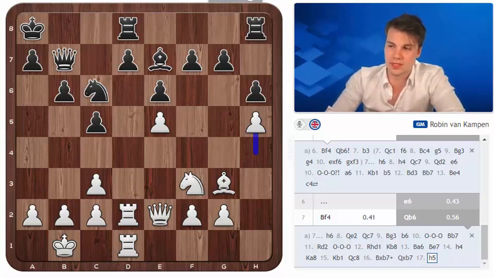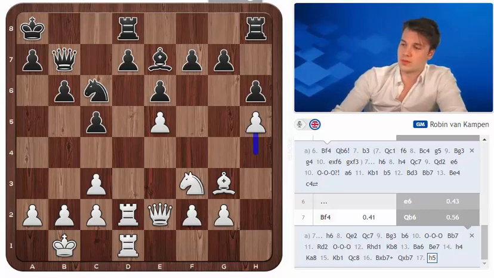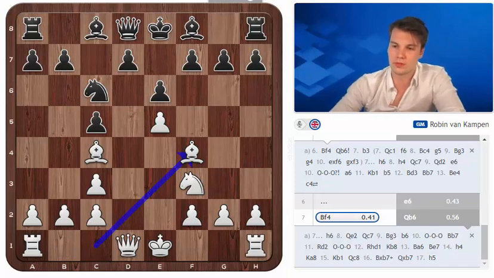Either way, this is a very pleasant position for white. As we can see, black has no counterplay whatsoever on the king side in this position, so this is a successful opening for white. Going back to bishop to f4,